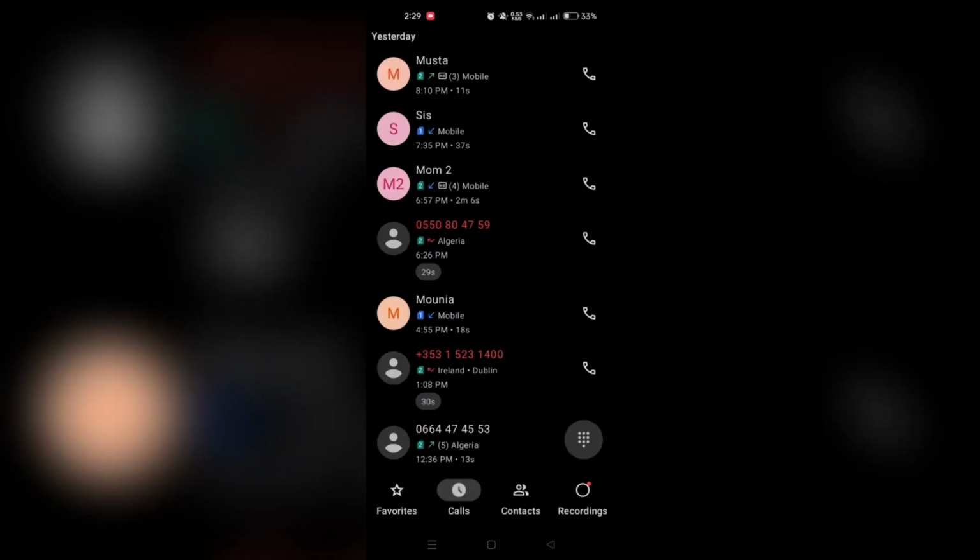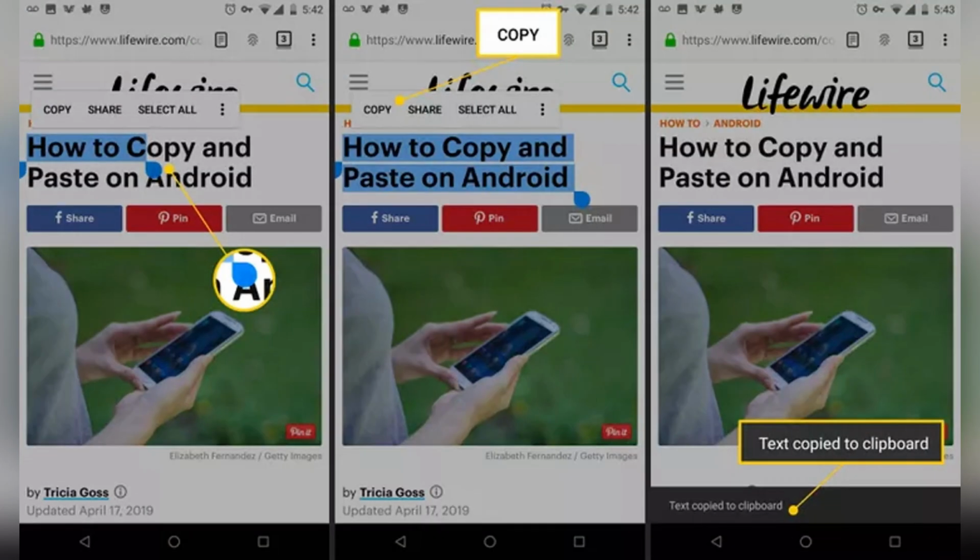Firstly, simply tap and hold on the word in the text you want to copy, like in a web page, email, message, or app. Now highlight handles, like little draggable dots, will appear on each side of the selected word. Now drag the left and right handles to select the full selection of text you want, like word, sentence, or